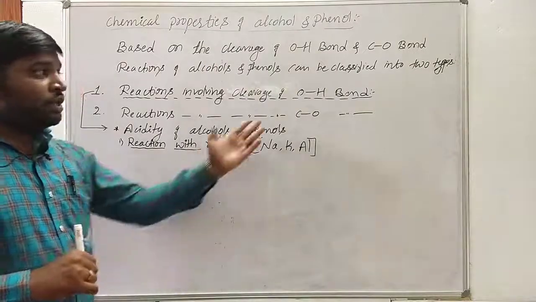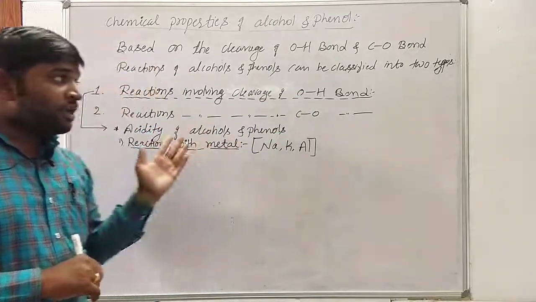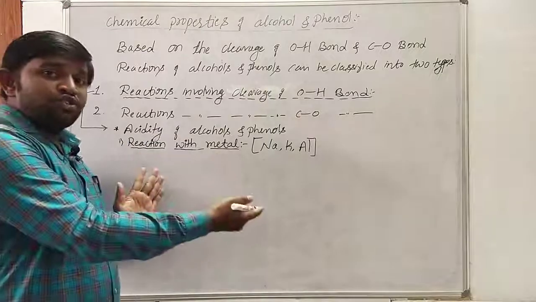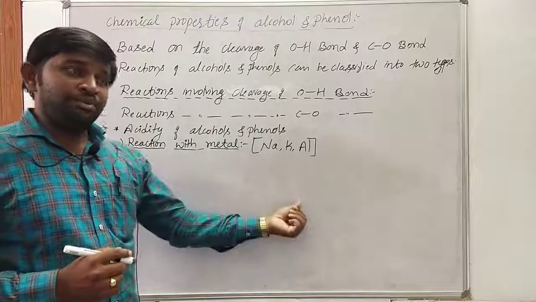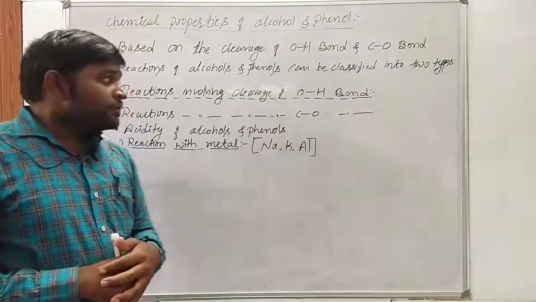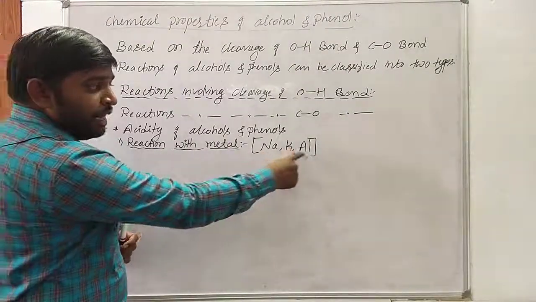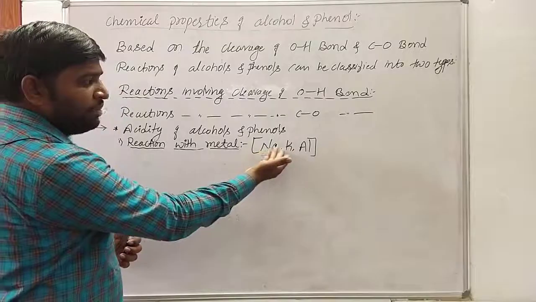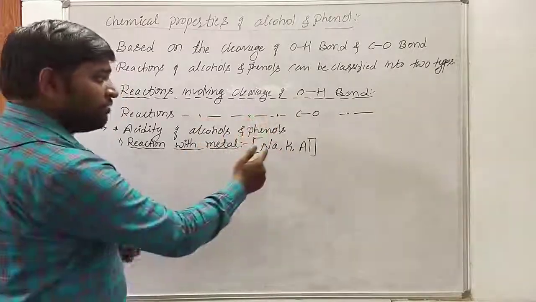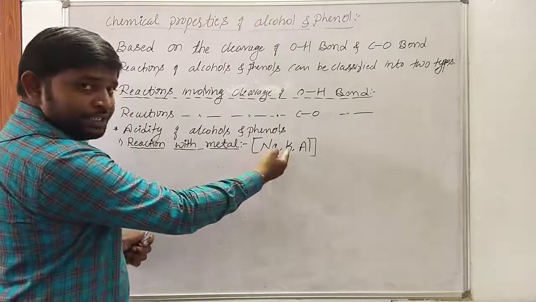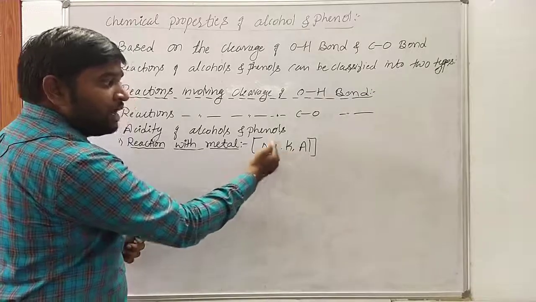Why? Because of the release of H plus ions, these alcohols are called acids. When alcohols act as acids and we consider a strong base like NaOH, they react with each other, leading to acid-base reactions. Now let us consider the chemical reaction of alcohols with sodium and aluminium. Like potassium, sodium is monovalent, and potassium is also monovalent, right? You may consider either one. First let us consider sodium, like potassium. I will take only the sodium reaction, and similarly we can follow for potassium, and after that I will go